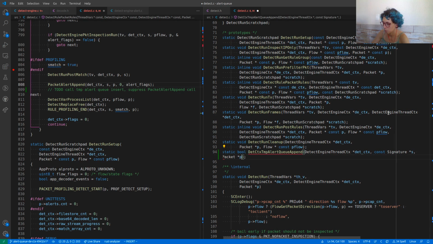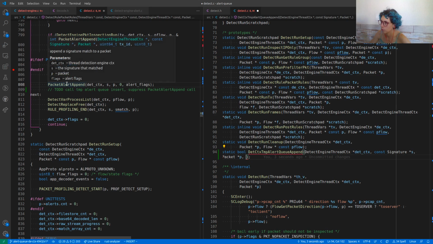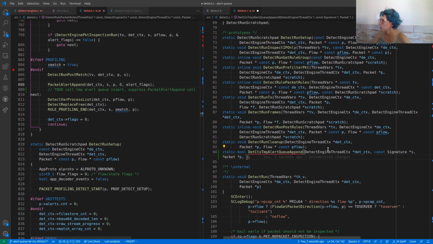Packet pointer p, transaction ID is a U64. Oh my god, needing the 64. Assign it in 64 type, transaction ID. And what else?